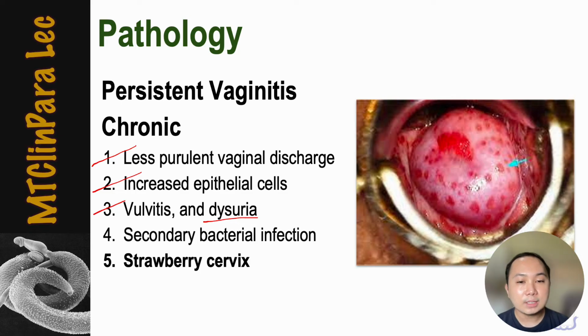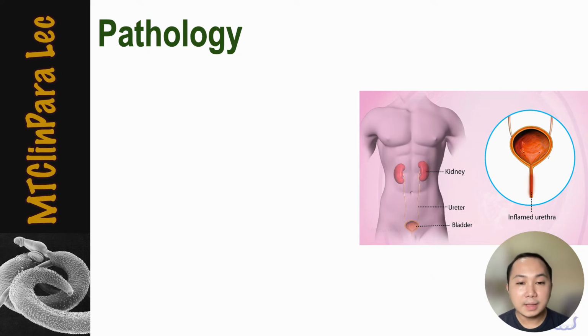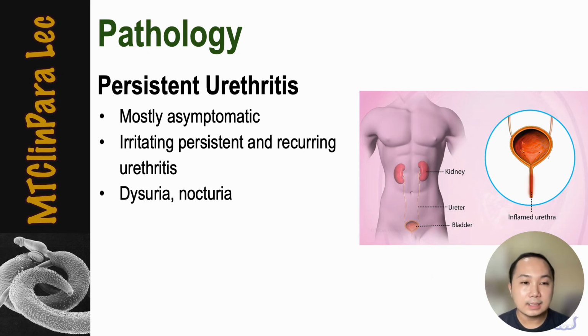Since there is an imbalance of good and bad bacteria within the vaginal mucosa, patients may predispose themselves to secondary bacterial infection. In cases of speculum examination, 2% of the cases may present with a strawberry cervix, just like here on this picture, for Trichomonas vaginalis infection. So Trichomonas infection in males may be latent and essentially asymptomatic. So, in some cases, they can still